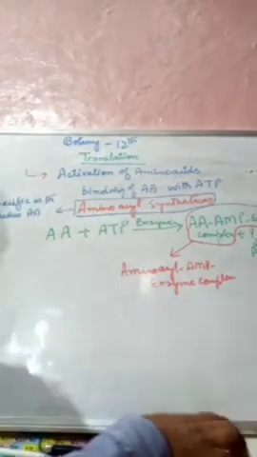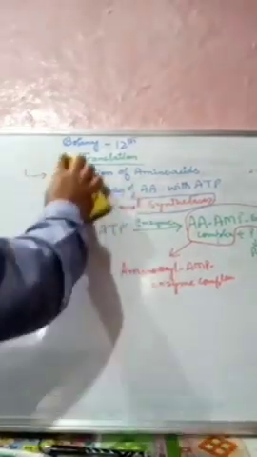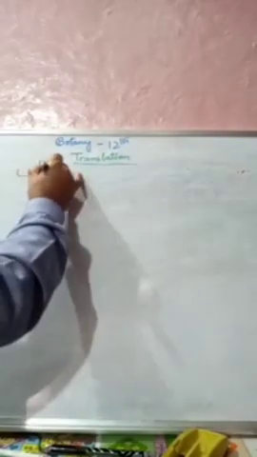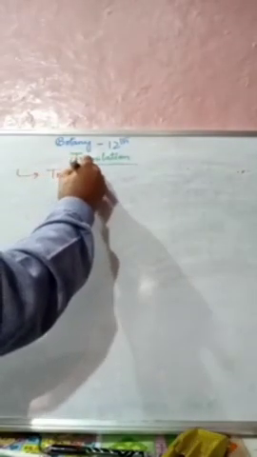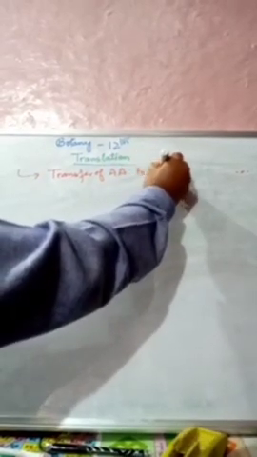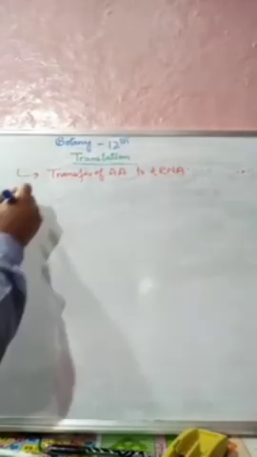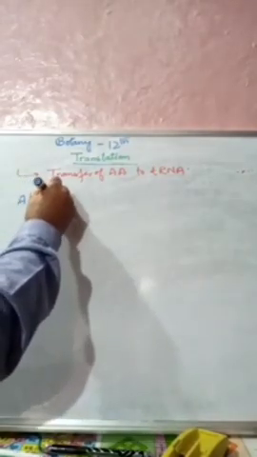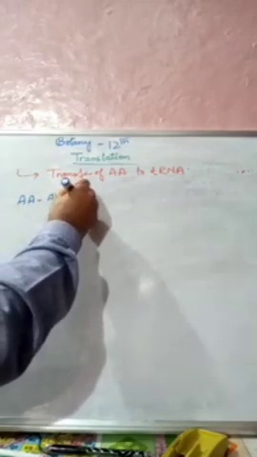What happens in this? Now, our second step. The first step we had was the activation of amino acids. The second step which we have is the transfer of amino acids to tRNA. Transfer of amino acids to tRNA. Now what is formed is the amino acid AMP